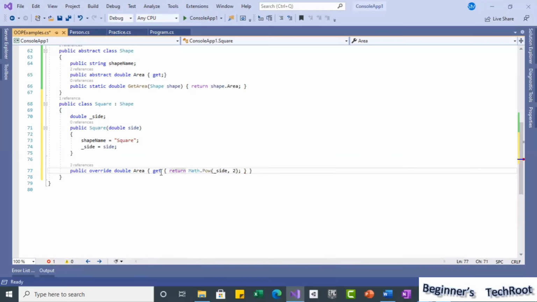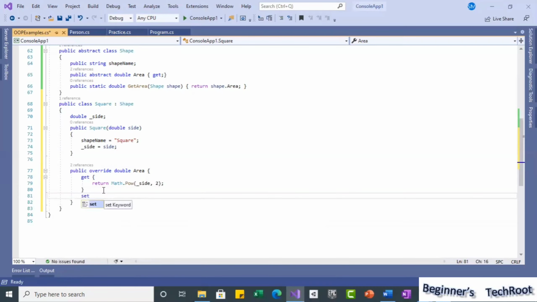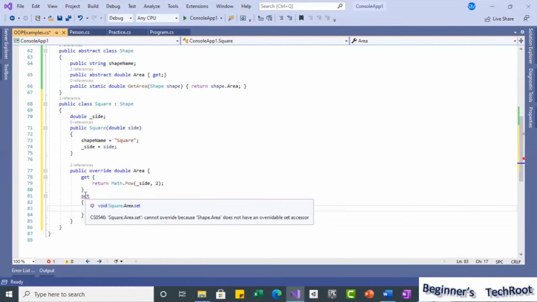So this way we can implement the get for this shape. Just for readability I am making the statement like this. You can write it in a single line, but for readability and understanding I am writing it this way. Suppose I try set, here itself you get an error: cannot override because it does not have an overridable set accessor.